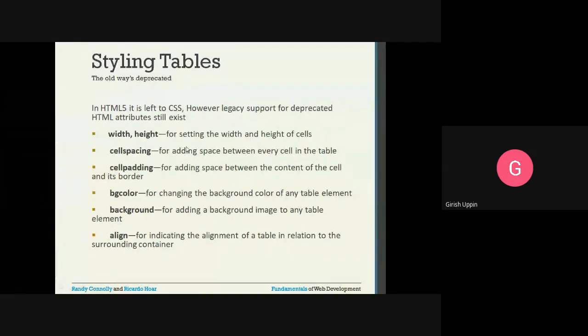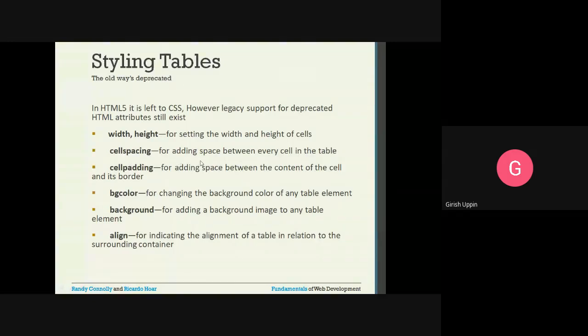If you want to set a particular width or height for a particular cell, yesterday we saw some examples. By default the width would be the content size. So if the content is more, the width is more; if the content is less, the width is less. That is the default nature. If you want a fixed width, you can use the width and height.